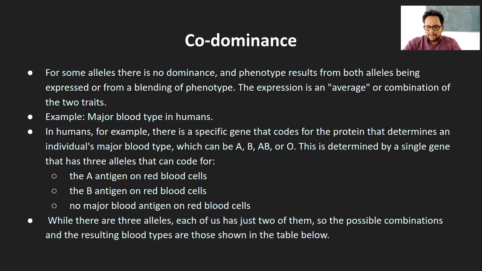Let's say my father has blue eyes and mother has brown eyes, and I have not blue, but let's say some random color of the eye. Let's say I have gray eyes, right? So ideally what you would have expected is either I have blue eyes from my father or I have brown eyes from my mother, but that is not the phenotype which is being exhibited in me. It's rather the combination of these two or average of these two phenotypes which are being passed down from my parents to me, right?